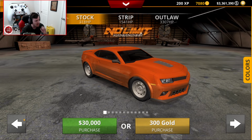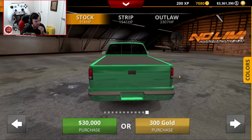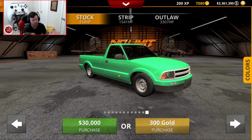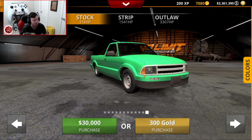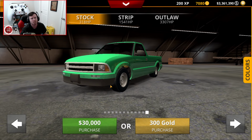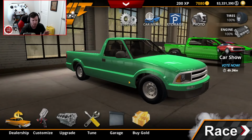Now, I was not necessarily sure which direction I was going to go with this build, and part of me was like, well, just throw a Pro Charger on it like you did on everything else that you built. And then I was like, well, wait a minute, why don't you try something a little bit different on this truck and see if you can get it into the mid to low sixes with something other than a Pro Charger? And so that's what we're going to be doing this time,